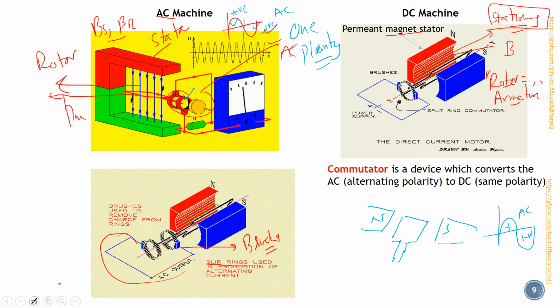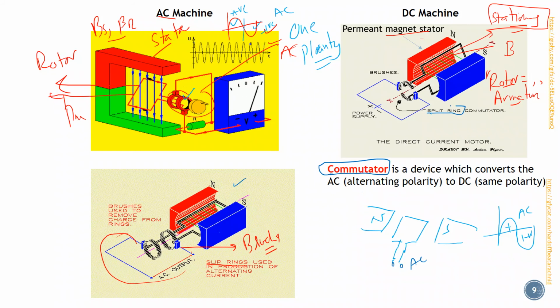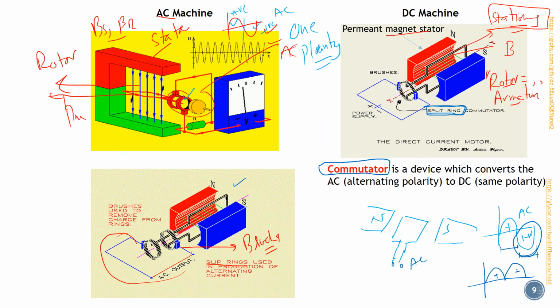So in the DC machines, we would basically be getting AC. So here we use another device, which is called a commutator. Here we use the slip rings in the AC machine, but here we are using split rings. A commutator is just a device which is a split ring. For the half cycle I have the positive polarity, then for the next half cycle I have the negative polarity. So I want to change the polarity so that I get only one polarity, for example positive polarity only.